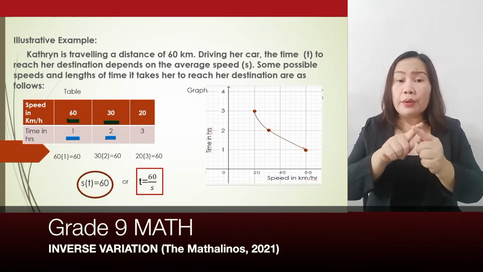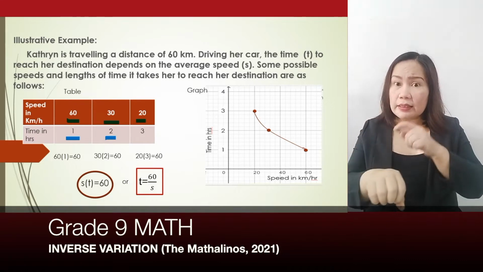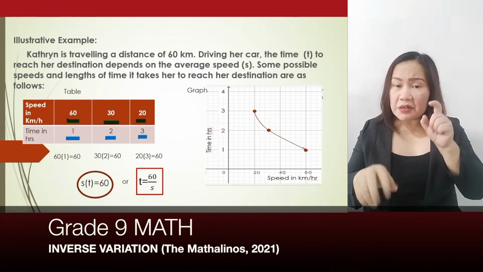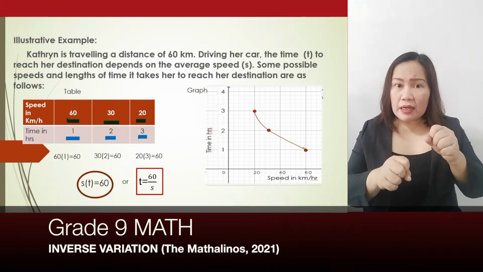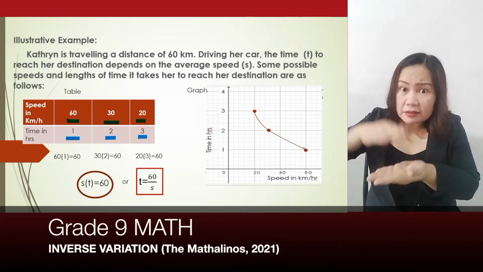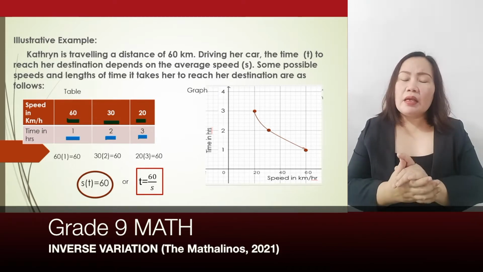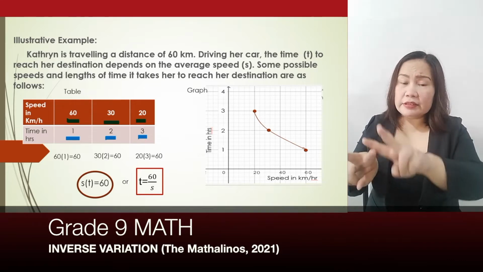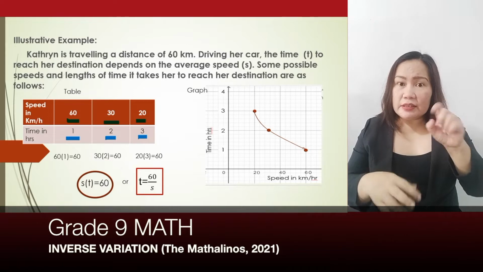When the speed decreases to 20 kilometers per hour, the time increases to 3 hours. In this situation, a decrease in speed causes an increase in the time of travel, as shown in the table and graph. So we can say that the time varies inversely as the speed, or the time is inversely proportional